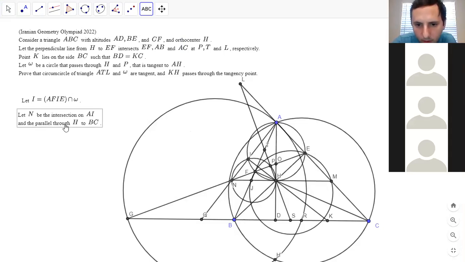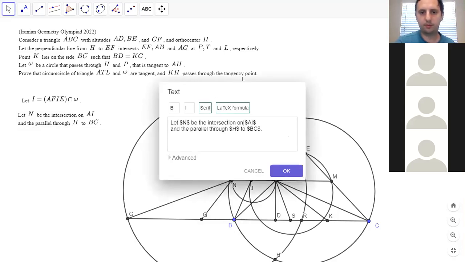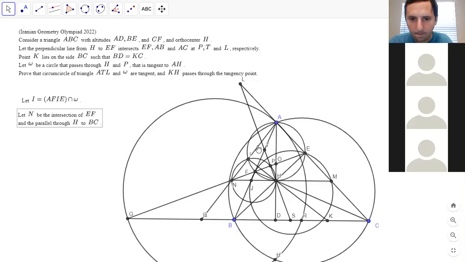All right. And then I guess we show that J, I mean, N is the intersection of EF and the line parallel to A. The intersection of EF. Okay. Yeah. And then we try to show it lies on AI. Wait. Okay, so then we could use the radical axis theorem, I'm guessing, right, to show. Well, but yeah, we don't know that it's cyclic. Okay, so